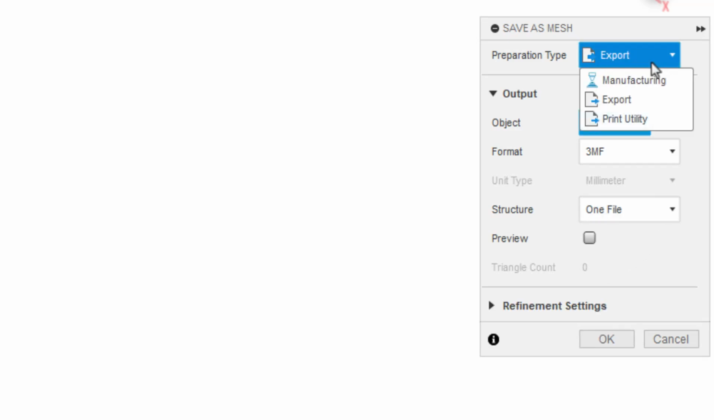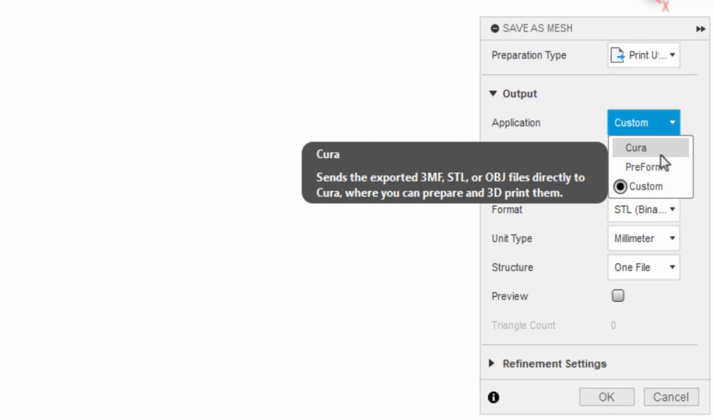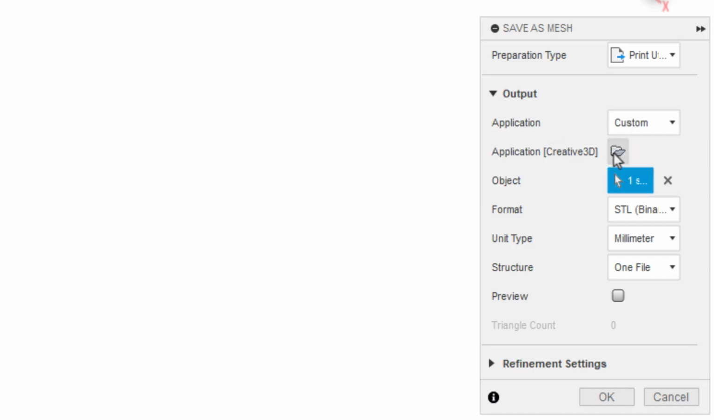Now we have to manually go to Print Utility. It will remember the last 3D Print Utility. If you have a couple installed, you may find them in this list. I've got Orca Slicer and Prusa, Cura, and Creality, a couple versions of Creality, and only a couple of them show up here. So I have to use custom, and I have to navigate to the location of the executable